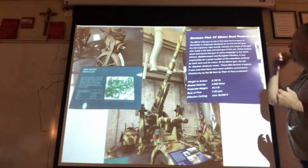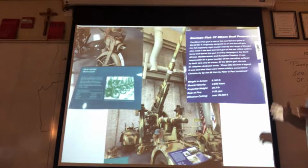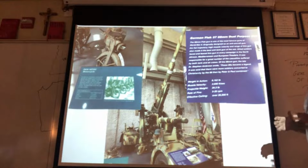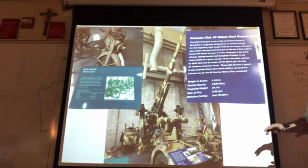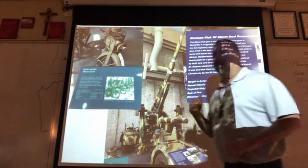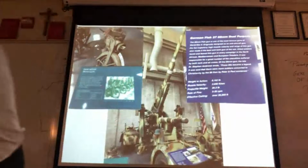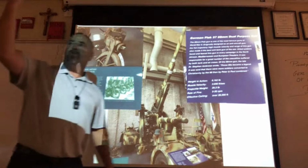So let me read this. The German Flak 37 88 millimeter dual purpose gun. The 88 flak gun is one of the most famous guns of World War II, originally designed as an anti-aircraft gun. Okay, so if you look here, guys, the effective ceiling is 26,000 feet. So if you're trying to shoot down an airplane from the ground, so say I get this World War II